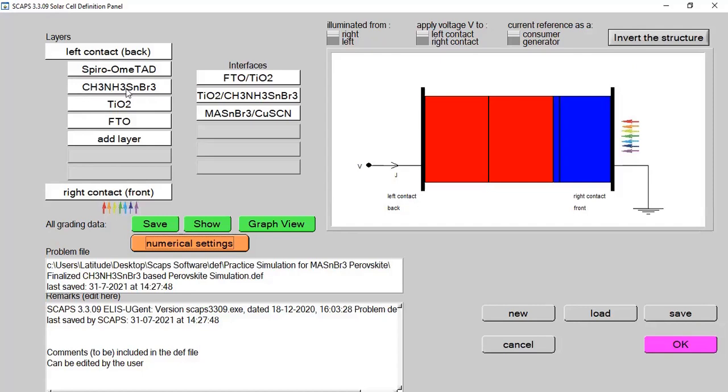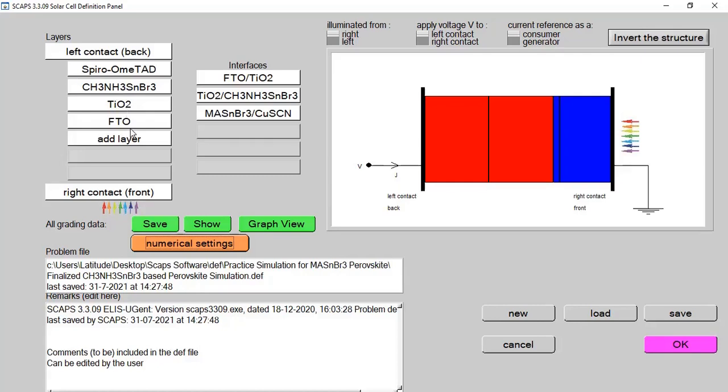Second is the methylammonium tin tribromide based perovskite, or absorber layer. It is a very good perovskite, and we have seen better ambient stability, better carrier mobility, and better absorption ability with this perovskite. So the results can be good with the use of this absorber. Next is titanium dioxide. It is once again a typical ETL material, but a good one, because we have seen in the lab session that the TiO2 layer can provide better mobility and better efficiency.